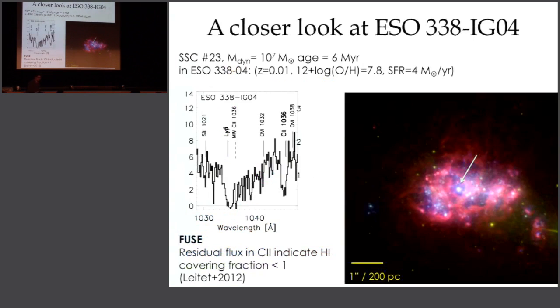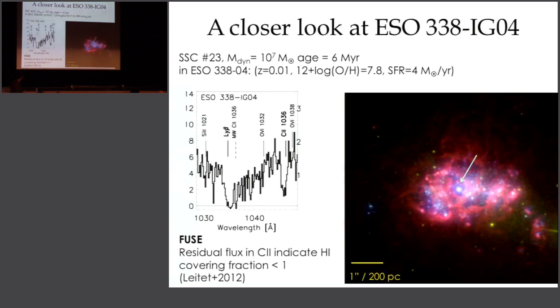This is a closer look at one of the galaxies now. I want to show some other observations and other things that you can do with IFUs when you have all this Lyman-alpha imaging. This is ESO 338-IG04. It's what we would call the closest analog of a Lyman break galaxy. Not that star forming, so it's a 0.1 L-star Lyman break galaxy, but super bright, super compact